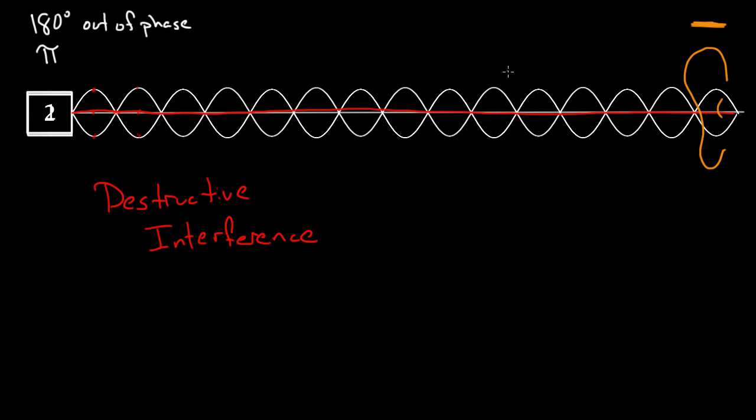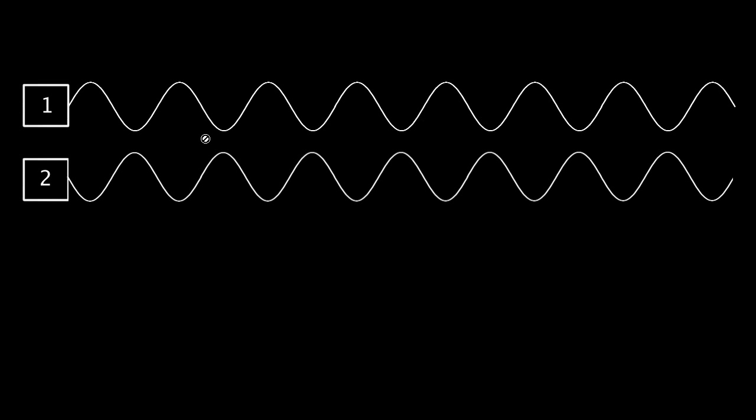Now you might be wondering, how do we get a speaker to go 180 degrees out of phase? Well, it's not too hard. If you look at the back of these speakers, there'll be a positive terminal and a negative terminal, or at least inside there will be. And if you can swap the positive terminal for the negative terminal and the negative terminal for the positive terminal,